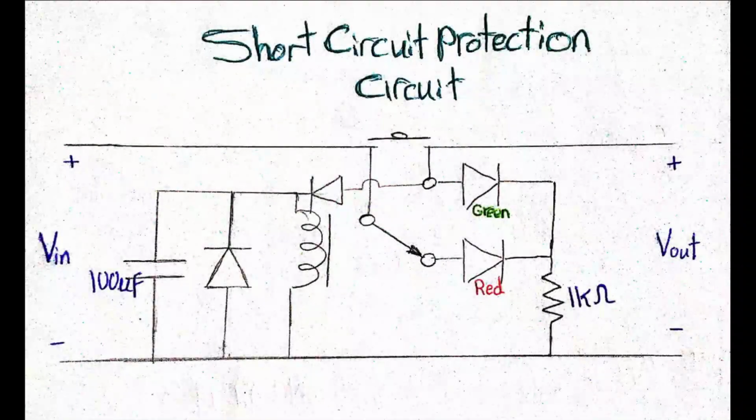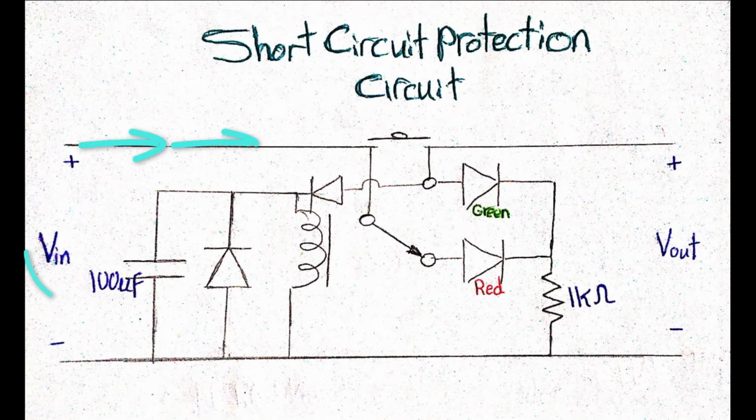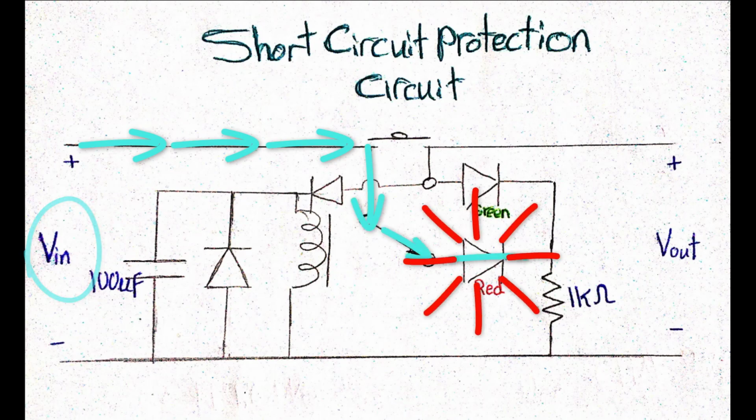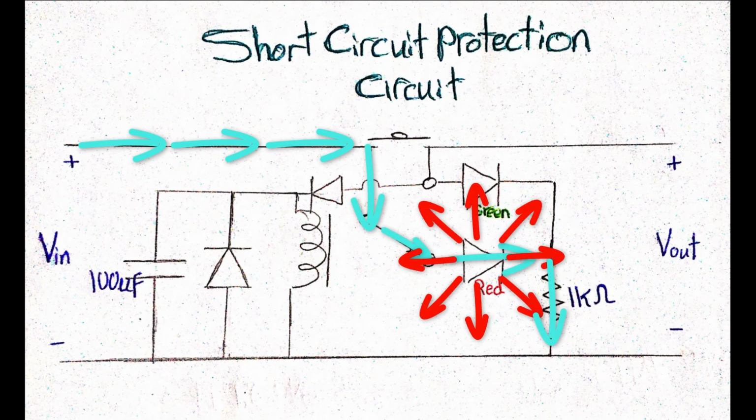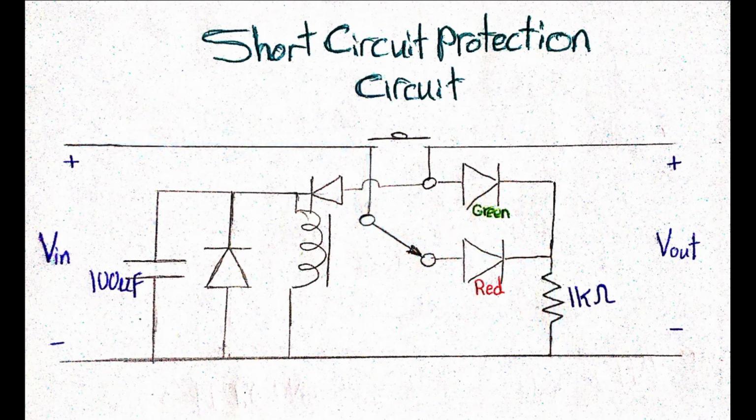As a warm-up, let's start with the relay-based short circuit protection circuitry. From the circuit diagram shown, as long as there is potential difference supplied at the input terminal, the red LED that's connected to the normally closed terminal of the relay will be turned on, indicating that the output is disconnected. When pressing on the push button, which connects the input to the